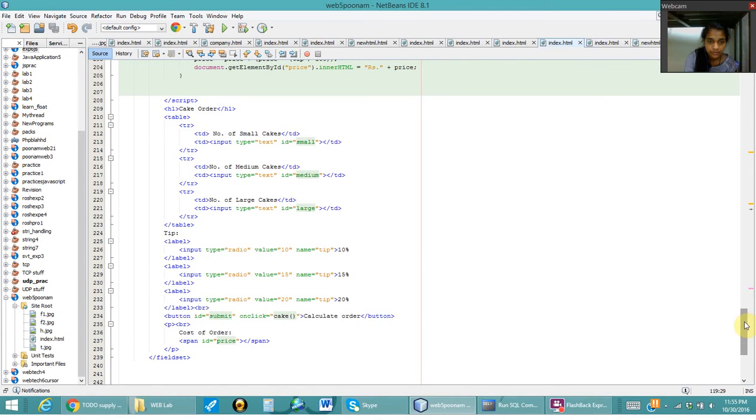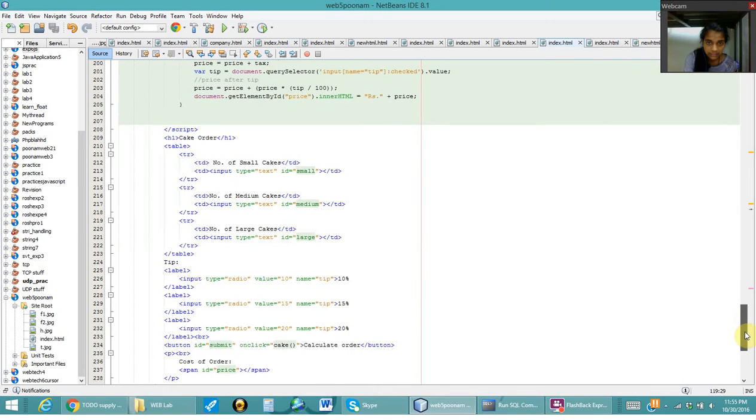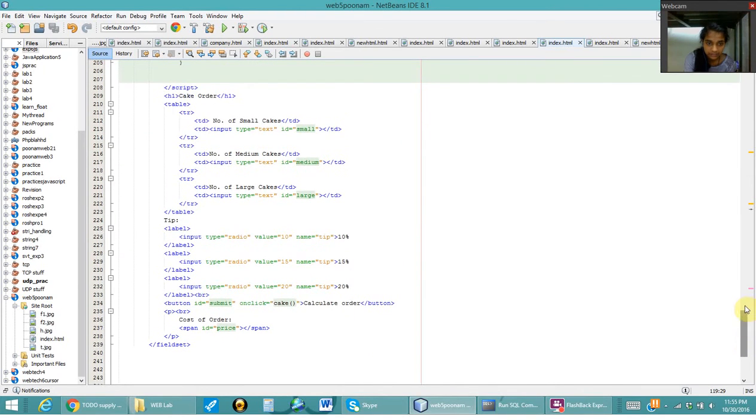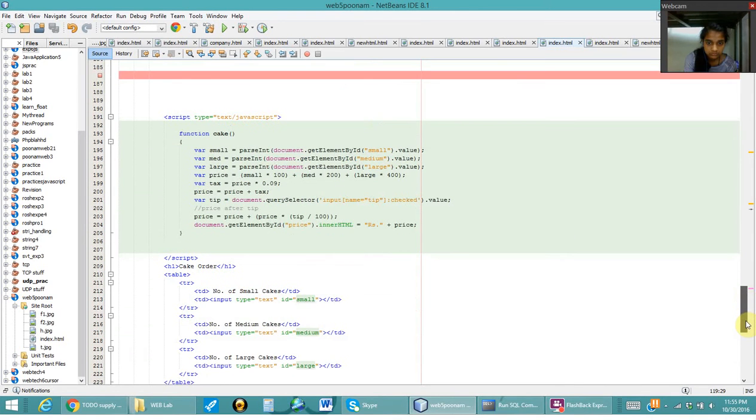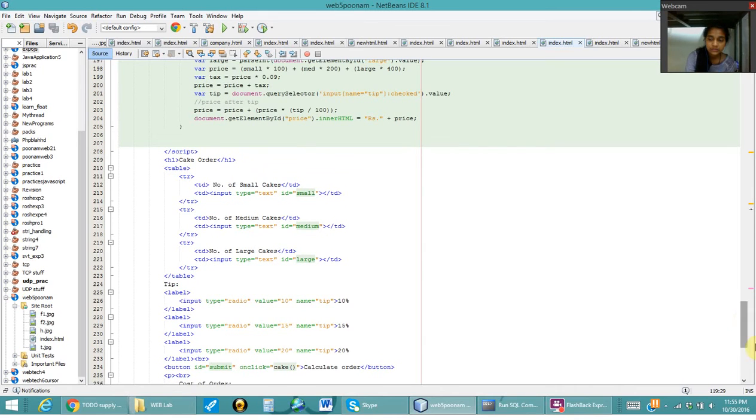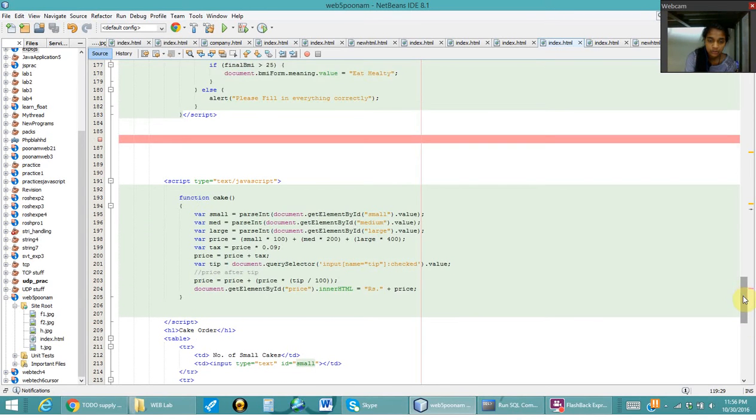So for getting the tip, I'm using the query selector function. And after calculating everything from price, like from ID price, it will show the value in span. And yeah, this was my